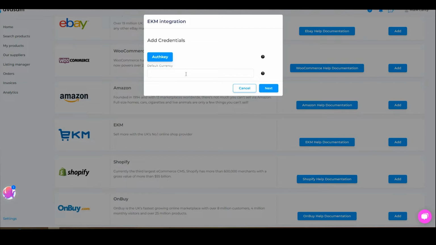Now, next thing to do is to set what your default currency is for the orders that are coming in. So I'm entering GBP because we're doing it in pounds. We use the ISO code. So there we see GBP. If I click next now,